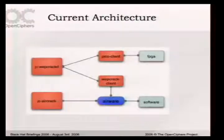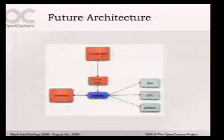So the current architecture is this, and I'm going to show you the future architecture in a minute. So right now, JC Web Crack D has 2 different programs talk to it, the Pico client and the Web Crack client. And they talk the same protocol, but it means that the Pico client has to talk to the hardware, and the Web Crack client doesn't know about it. And it would be more elegant if you just had one program that knew how to do everything. And also right now, JC AirCrack is talking to Airware, and so is the Web Crack client. And Airware is my library that does all things wireless. And so it's using the library to crack the web key. It's got functions in there to try this key, brute force this, or whatever. So what I'd like to do is, instead of just having the